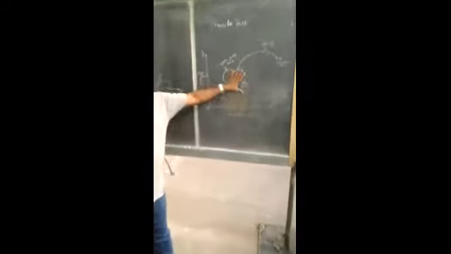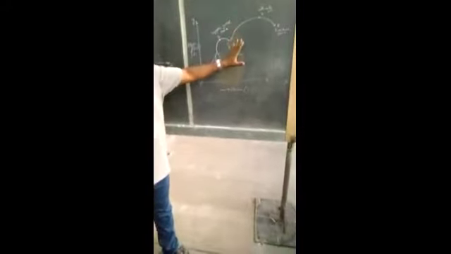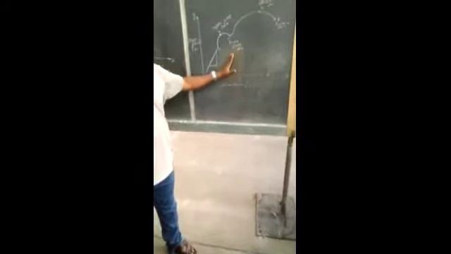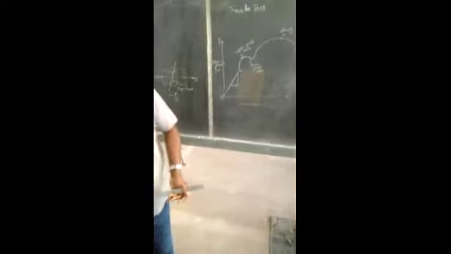This is the graphical representation, and this is the specimen that we are going to use for the tensile test. The actual length of the tensile test specimen is 280 mm according to the ASTM standards. Out of that, we need to hold it like this. The center distance, we are going to take as